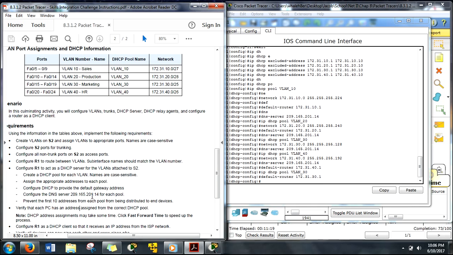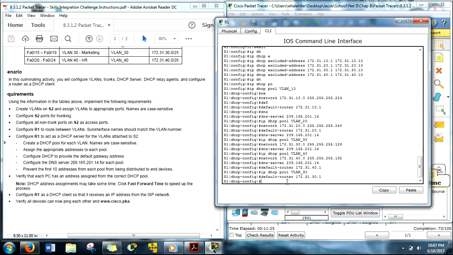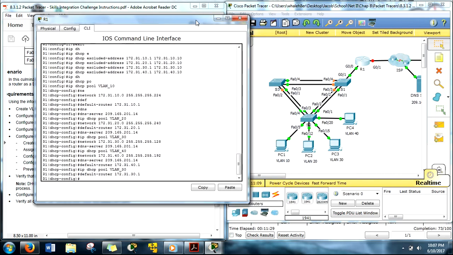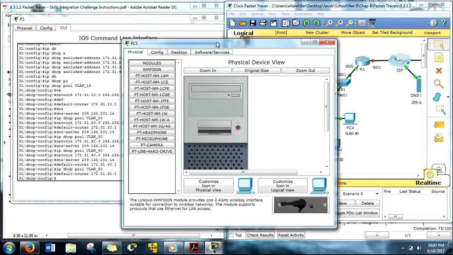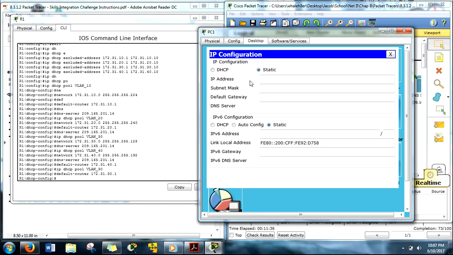Alright, so we did all that. We did that and we did that. Okay, so verify that each PC has an address. Well, yeah, let's do that. Let's see what we can find on these PCs. So open up the PC. We're going to say desktop, IP configuration, turn on the